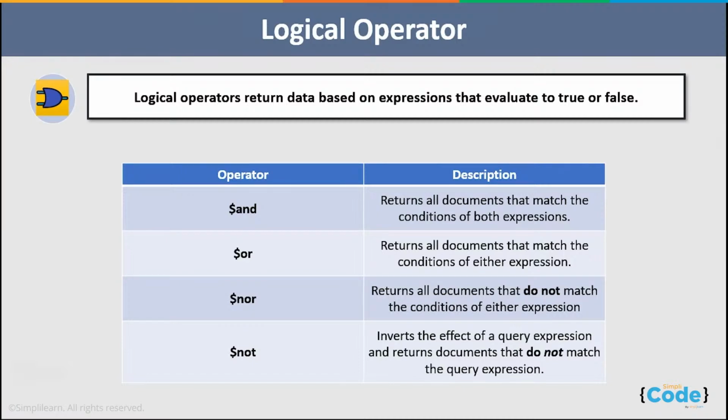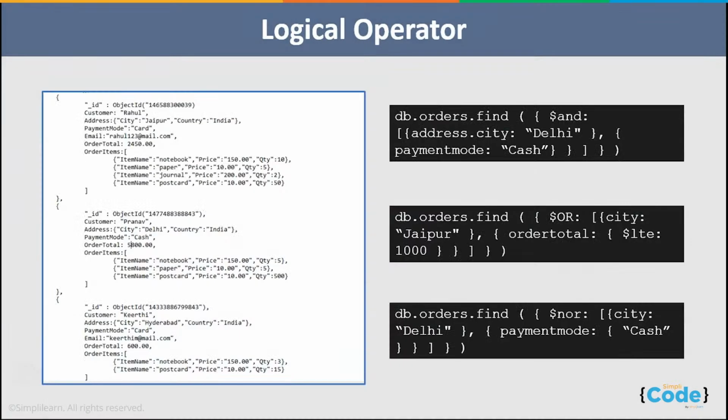An OR operator returns all documents that match the condition of either expression specified. Next we have the NOR operator, which returns all documents that do not match the condition of either expression. This is basically the opposite of the OR operator. And finally we have the NOT operator, which returns documents that do not match the query expression in a document. So again, let us understand with an example by considering the same example, which is the order